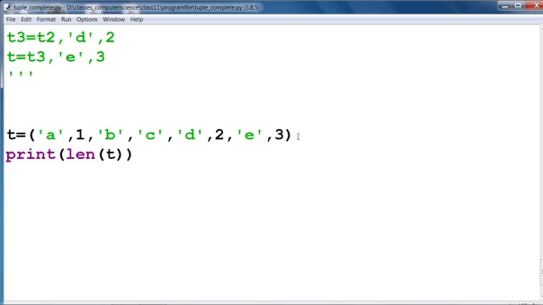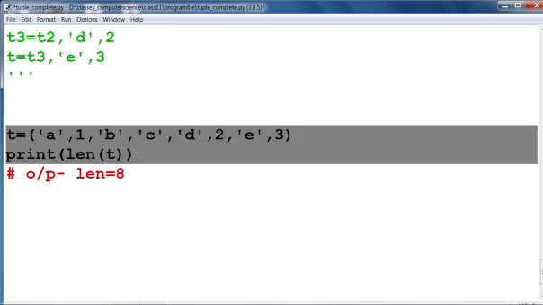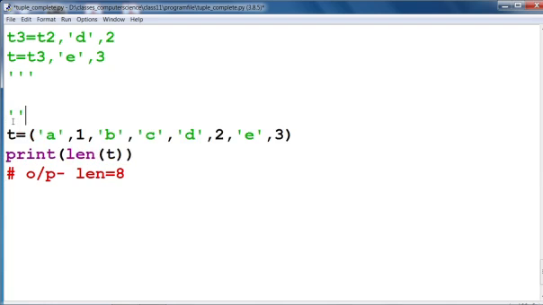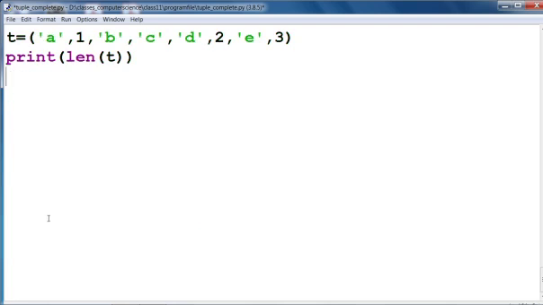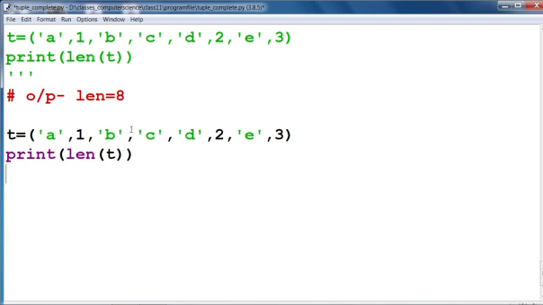Here your output will be the length. Now again, if we are going to take this tuple in another format, suppose we change this tuple like this: we have put one bracket here and one bracket here.